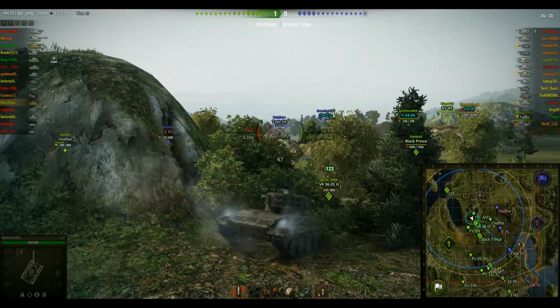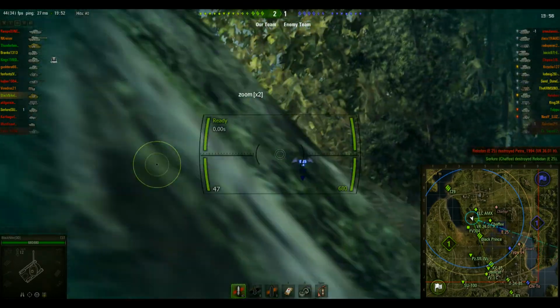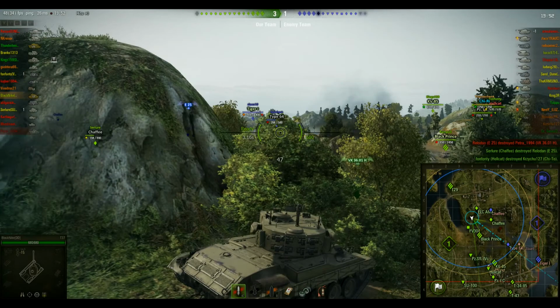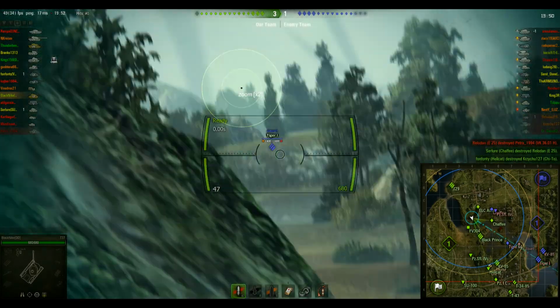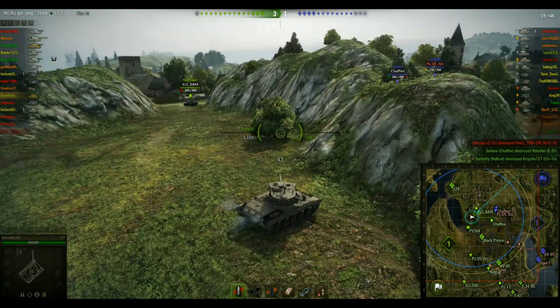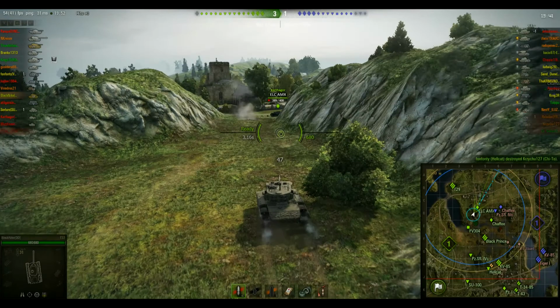Okay, wasting a shot there. Seeing if I got some more shots in. Type 64 there. And oh, there's a Tiger. Oh yeah, there's the Tiger. I can't hit him. Oh, hold on a second. If you look at the minimap, you can see he's barely inside my draw distance, so...